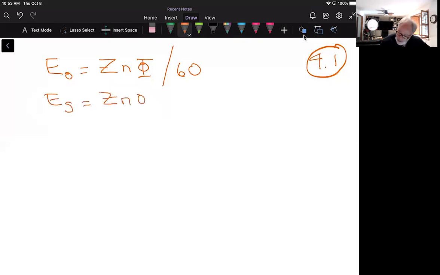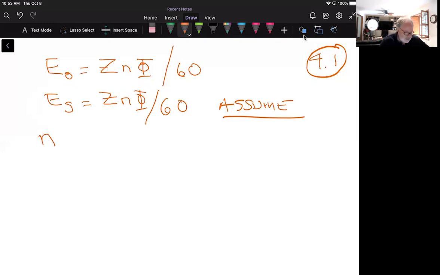Because again, what we're saying is they're almost equal at full load. So we make that assumption first, right? Assume this. Then he goes to